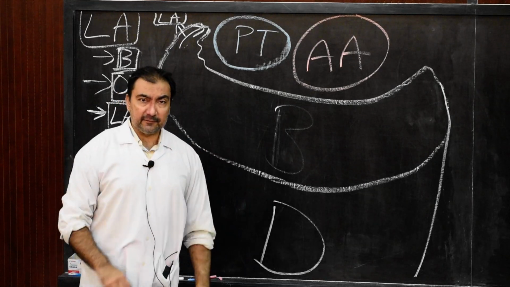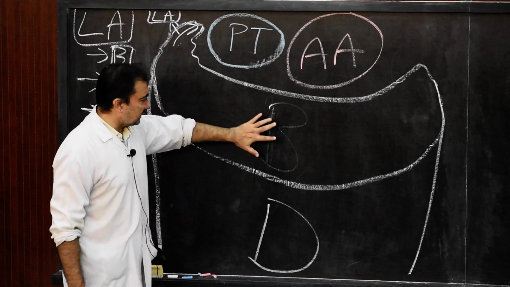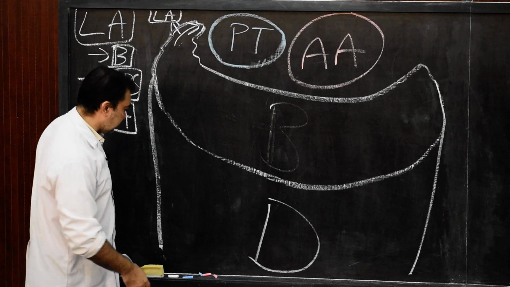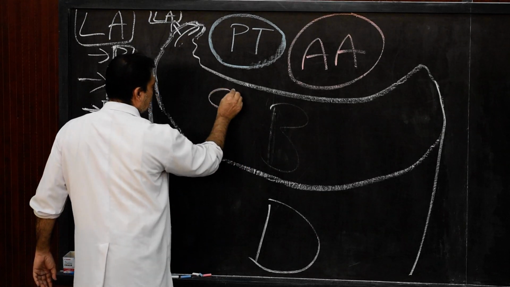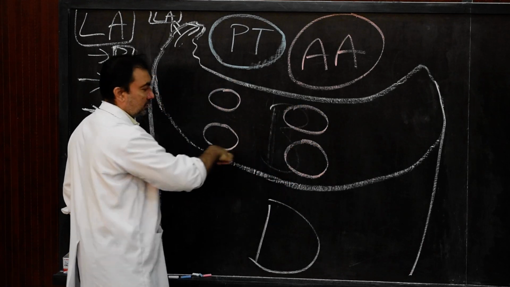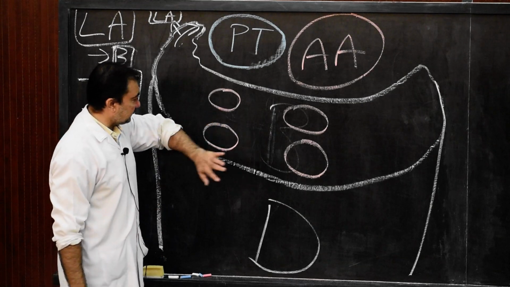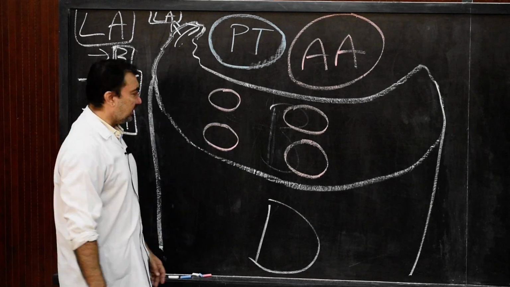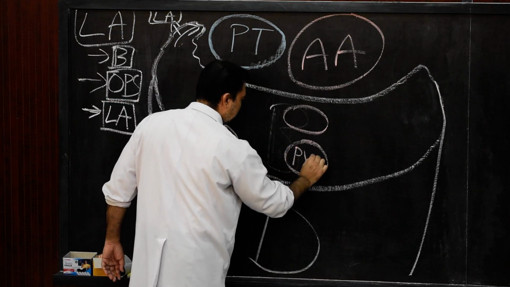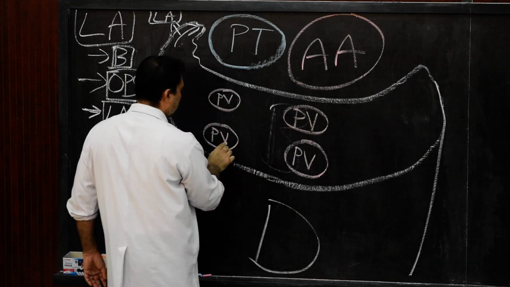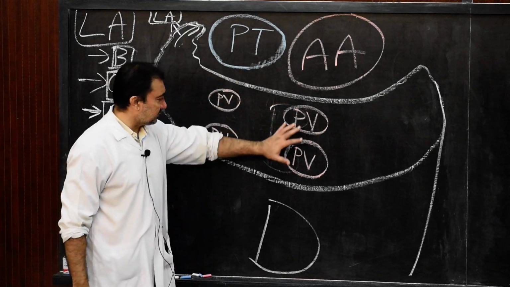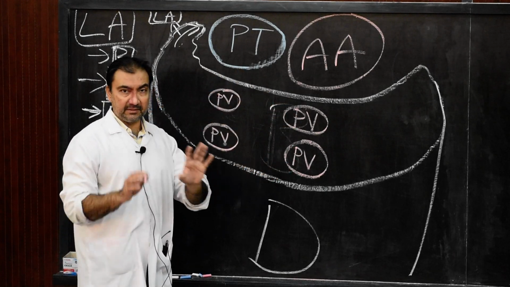Now, if you go inside the left atrium, what are the features which are present within the left atrium? Within the left atrium, first of all, we know that posteriorly, from posterior side, there will be opening of the four pulmonary veins. These are the four pulmonary veins which will open from the posterior surface of the left atrium. So therefore, these pulmonary veins, if I just mark it, they will open within the posterior wall of the left atrium. So the entire posterior wall of left atrium is comprised of the openings of pulmonary veins.